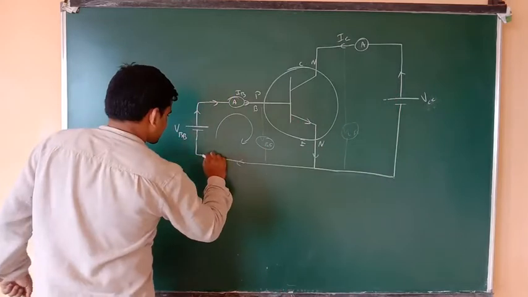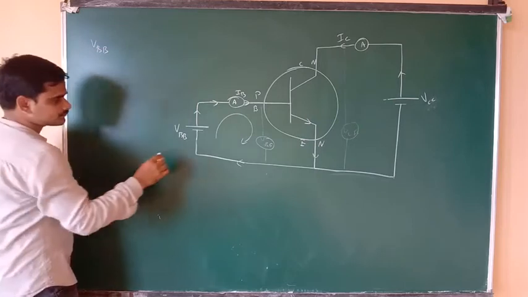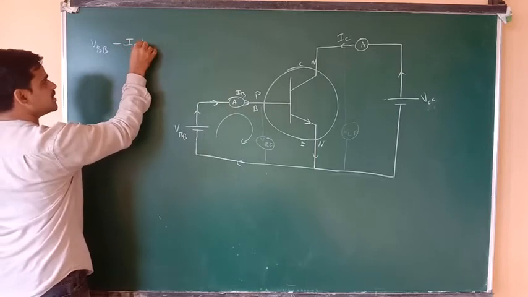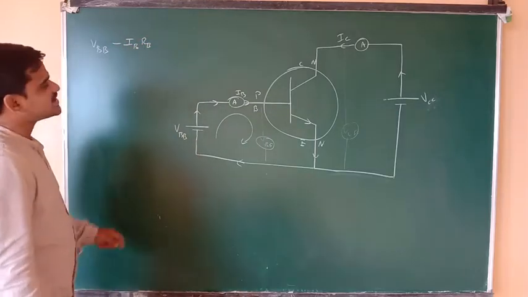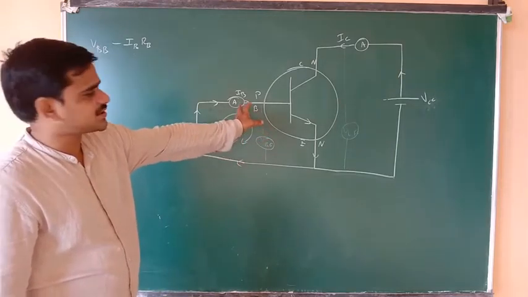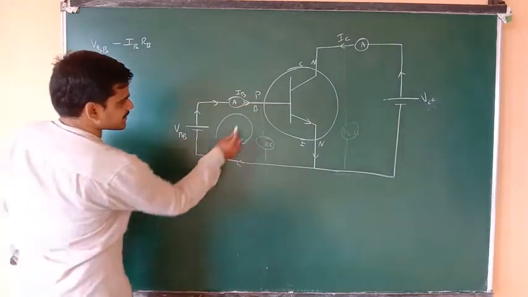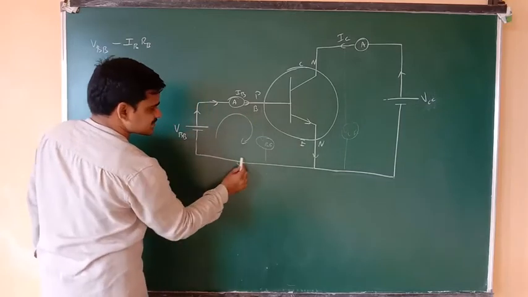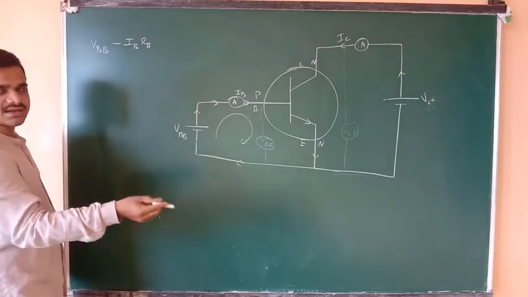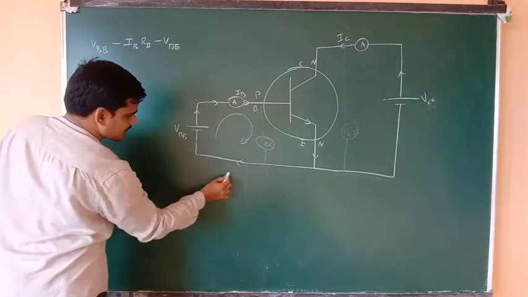In this situation, there is a voltage gain here, plus VBB, and you are going in the current direction, so the potential drop is IB RB, the resistance of the base. These wires will have some resistance, which we take into account. Next, going from the base to E, in the current direction, there is a potential drop VBE between B and E. So minus VBE is equal to 0.